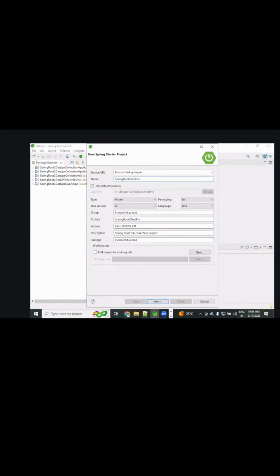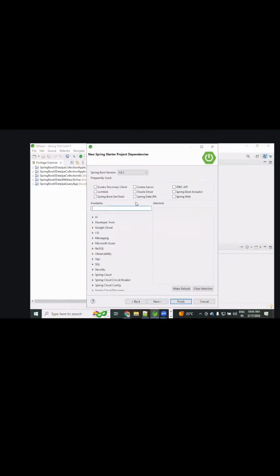REST producer example. Okay, everything the same, not JPA collection. Now we are in the Spring Boot REST project. Okay. All right. Next one. The dependencies are what?